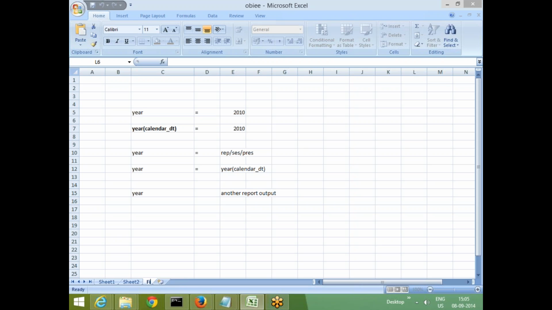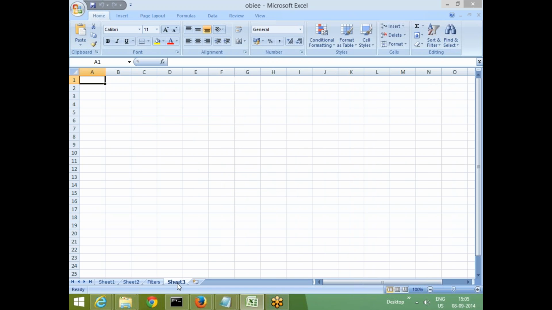So this is your filters. Now we get into